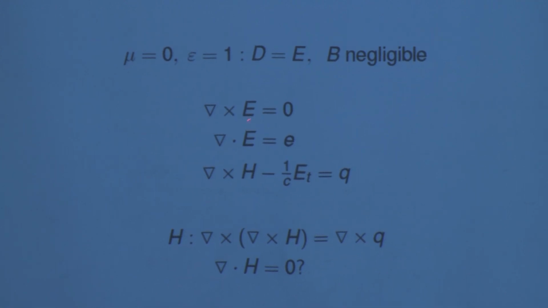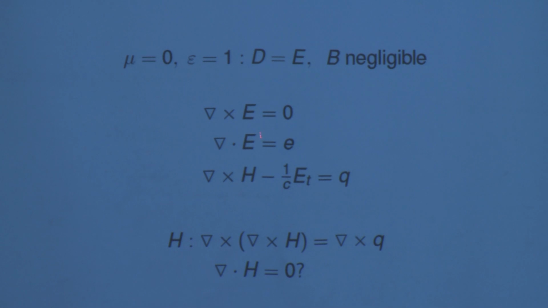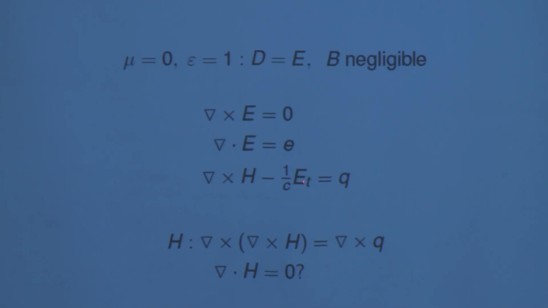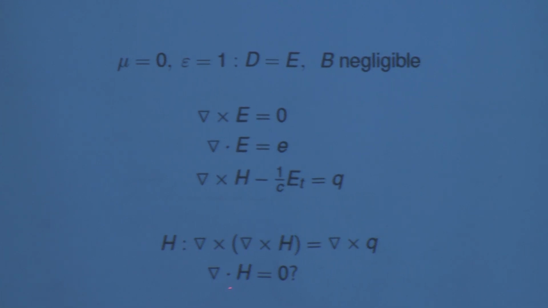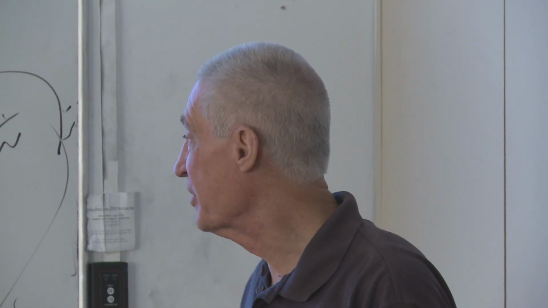So here's an example. From this, you get a boundary value problem for the electric field. The magnetic field now satisfies this. Now you can take the curl of this equation and get one equation for H, but you don't know what div H is going to be. But in this case, you can take it 0 if you want and not lose the symmetry condition.